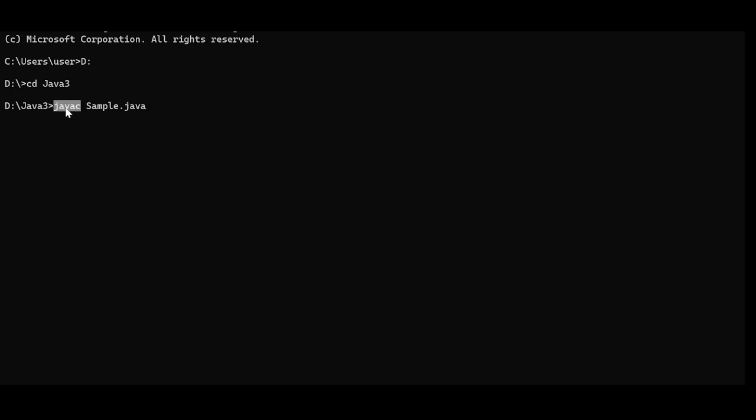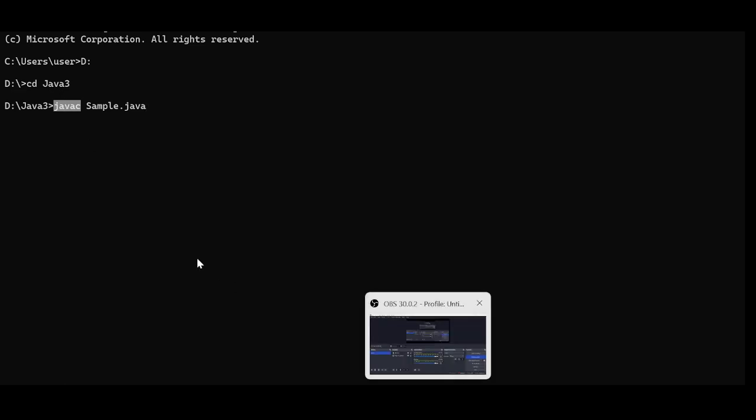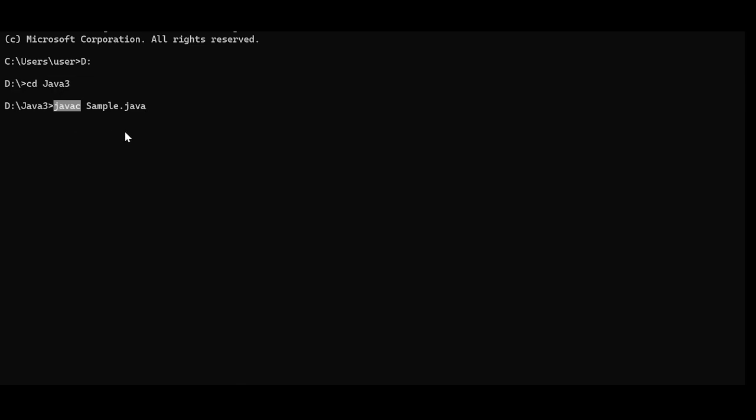This javac command, the compiler will try to locate it. First, it will look in the operating system. It will not be able to find it in the operating system. Secondly, it will look in the environment variables. You have seen these things yesterday. As soon as it finds this command in the environment variables,